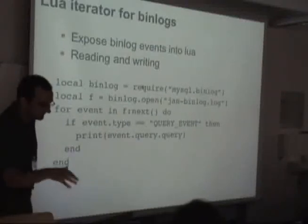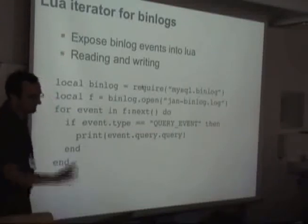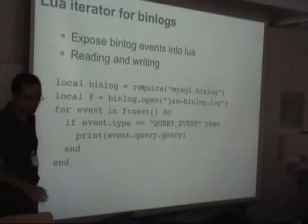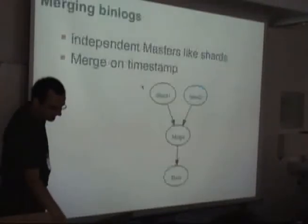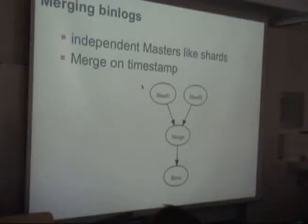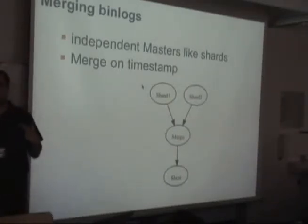Binlogs is one part. My ISAM files is not too interesting, but FRM files is a nice starter there, and protocol stuff in general. That's the one I showed. But if you can read binlogs, and you can write binlogs, and you can filter, that's what I already showed,